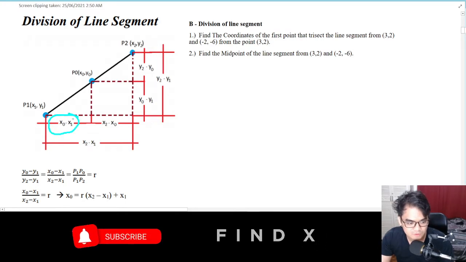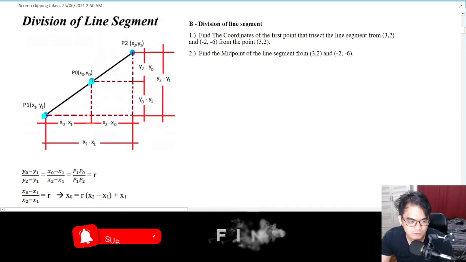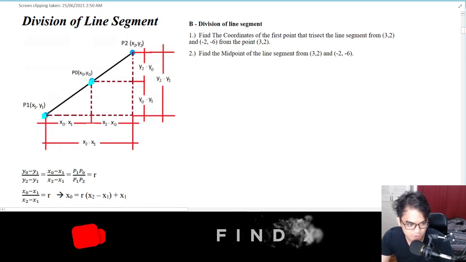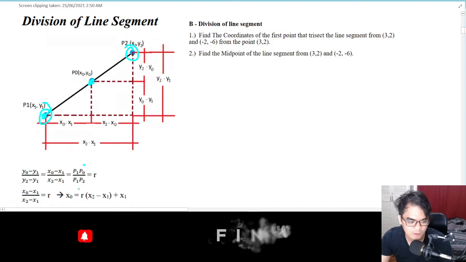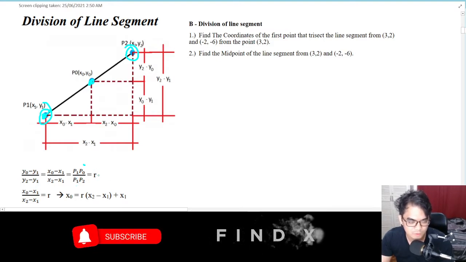So this one is x0 minus x1, and the large triangle is x2 minus x1. And as you can see, that's from point here to here, that is why P1 to P0 over P1 to P2 is just equal to